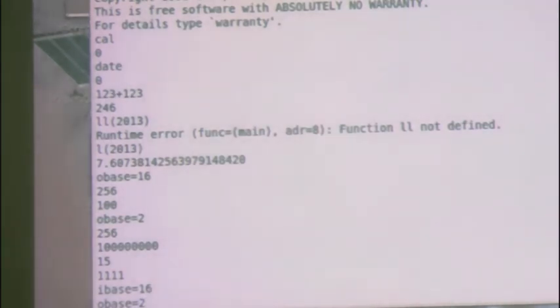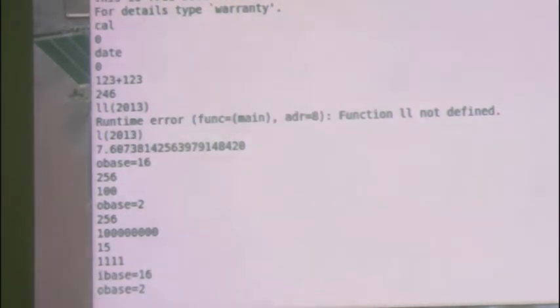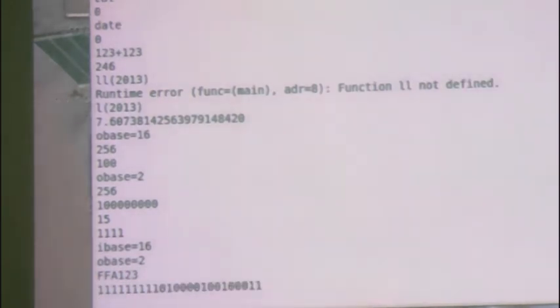Fine. Now simply you type any number. I will type any hexadecimal number, FFA123. So the binary of FFA123 is 1 1 1, so many ones, then 0 1 1 1. So easily you can convert a hexadecimal number into a binary number.